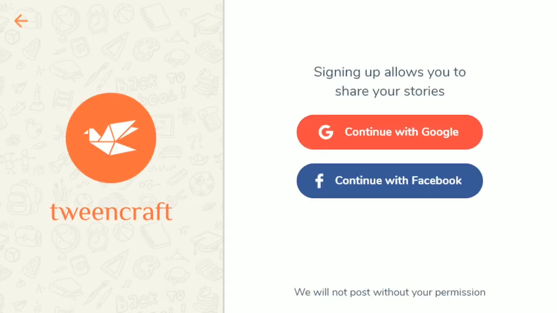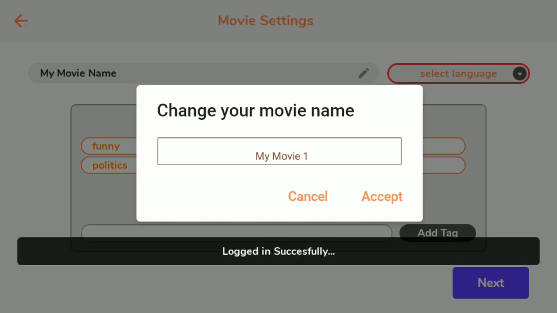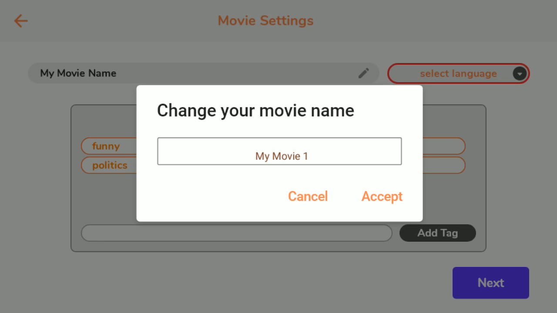Once you tap on it, if you have not created your login ID, then it will ask you to log in through either Facebook or Gmail. So I'll tap on Facebook. Actually, I have previously already logged in using Facebook, so it did not ask me for any nickname. If you will be logging in for the very first time, then it will ask you for a nickname. So choose any nickname and then you land on this page.